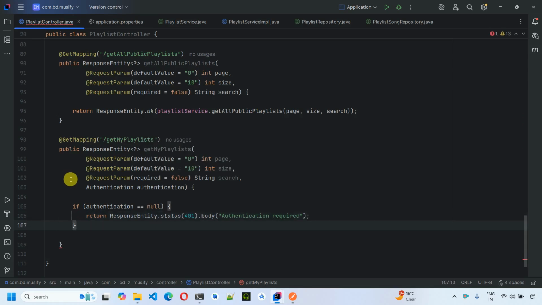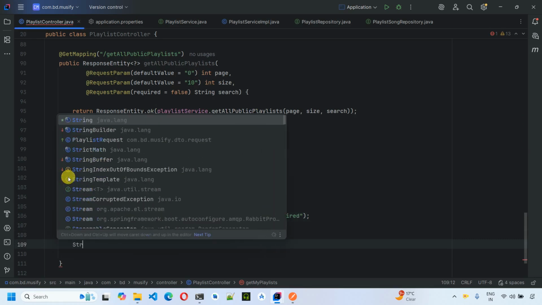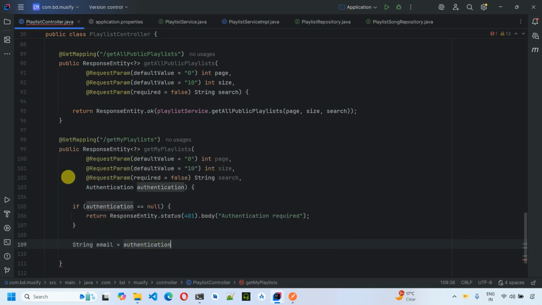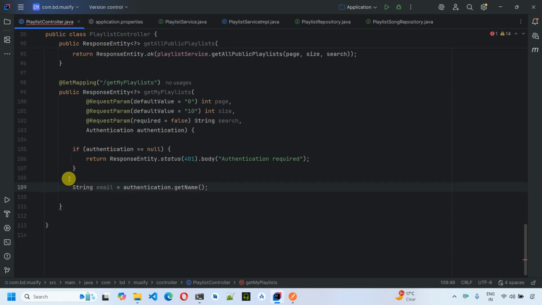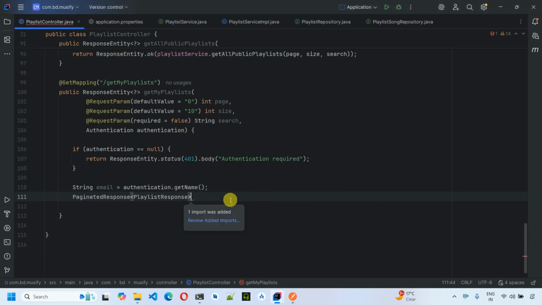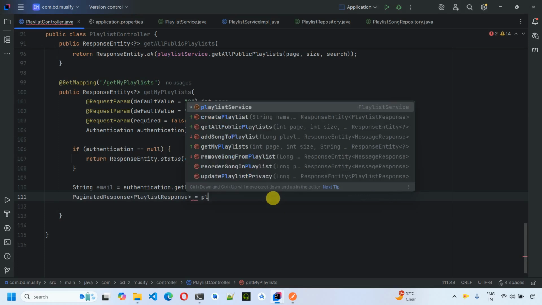Okay, this is just to handle another way if you are having a public API and if you don't want to validate in another way, so you can validate in this way as well. Next thing, we need a String email is equal to authentication.getName, and now we got the name. Finally, what we're going to do is we are going to simply get the results. That will be of type PaginatedPlaylistResponse. So we quickly add that PaginatedPlaylistResponse,